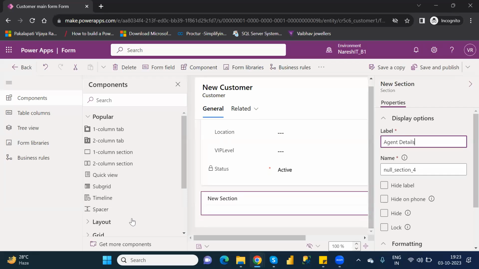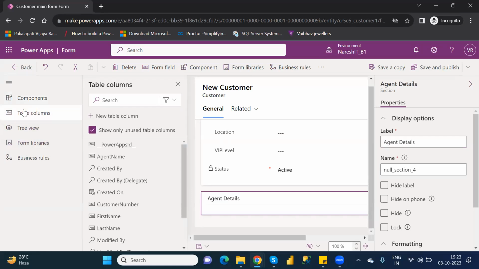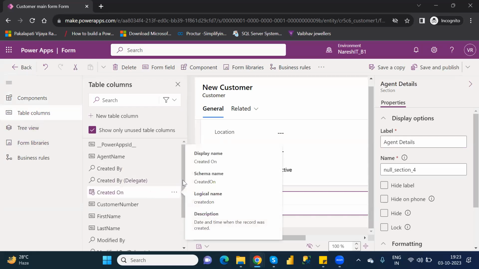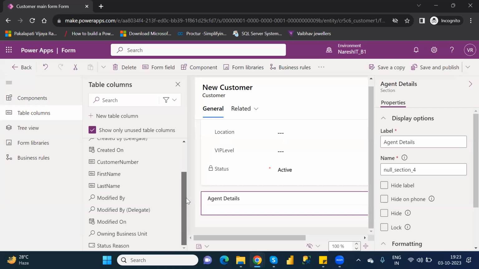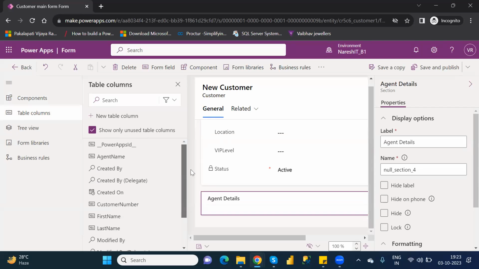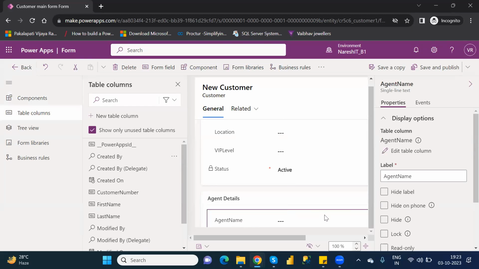Okay. So in the agent details, once the agent details are there, see in this one, what you have to do is, suppose for example, see here, what column you want to take, agent name. Then just click on that agent name column, and it comes here. Understand clearly? See here. So like this, whatever form is there, in that form,